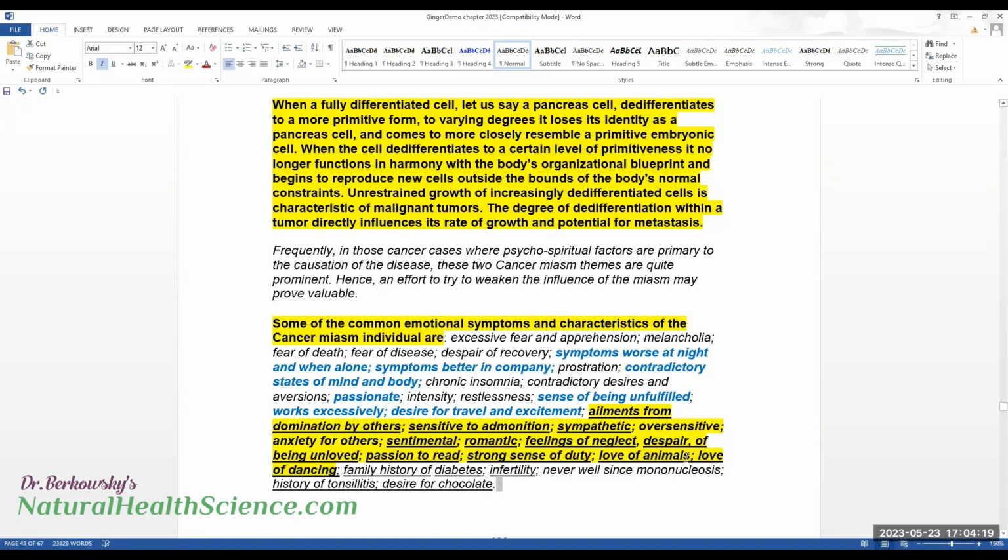Love of animals. They love animals. Any animal, really, on TV mostly. They're not going to hang around with bears. But cats and dogs, they become the mommy to the cats and dogs. You don't have to worry about the cats or animals being mistreated by a cancer miasm type. They become family. As a matter of fact, more loved than family, and they reciprocate more freely because the animals,